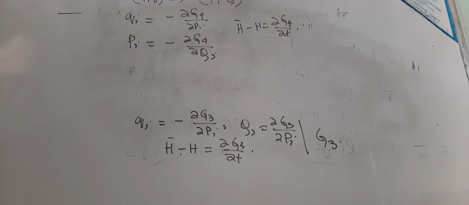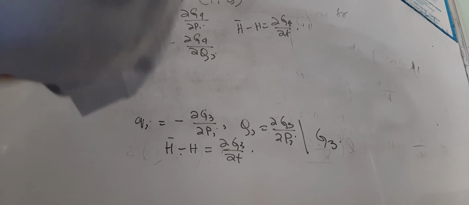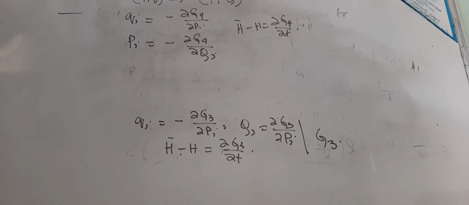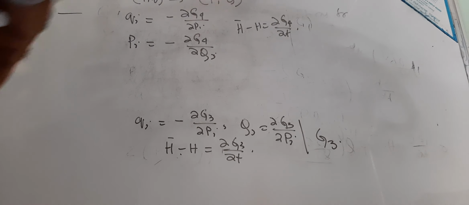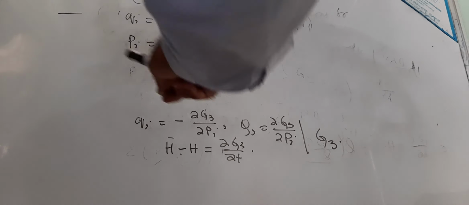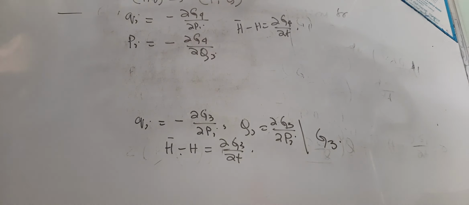This takes the generalized coordinates and generalized momenta to a new set of generalized coordinates and momenta by the generating function. So the work of the generating function is always to generate new types of coordinates, like when you change from Cartesian coordinates to polar coordinates, or from polar coordinates to Cartesian coordinates. So there is a need for the generating function, which will change from one set of coordinates to another set of coordinates.